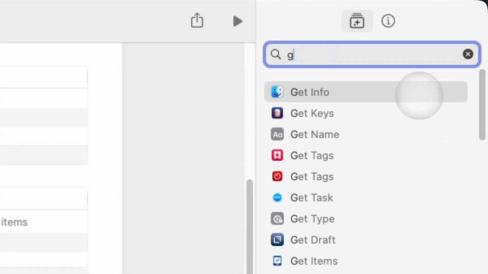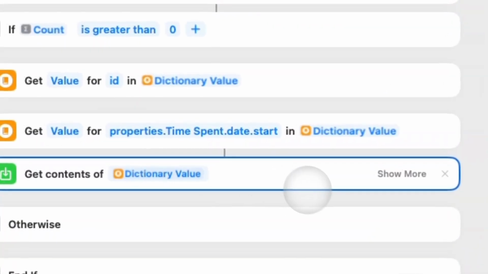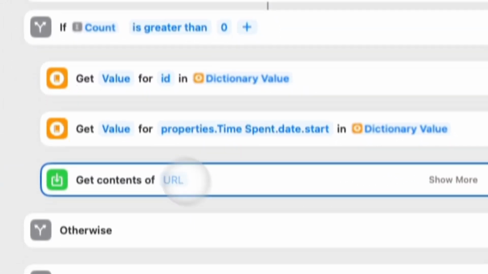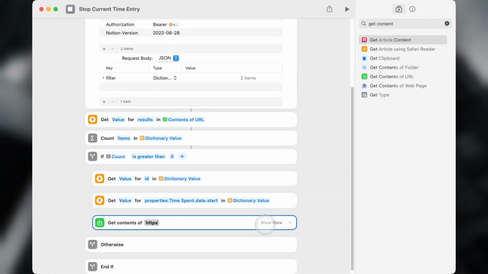So now what we do is we just need it for reference. Now we need to create a get contents of URL request. This request, its purpose will be to edit the end date for that time entry and also edit the status. So it's edit requests